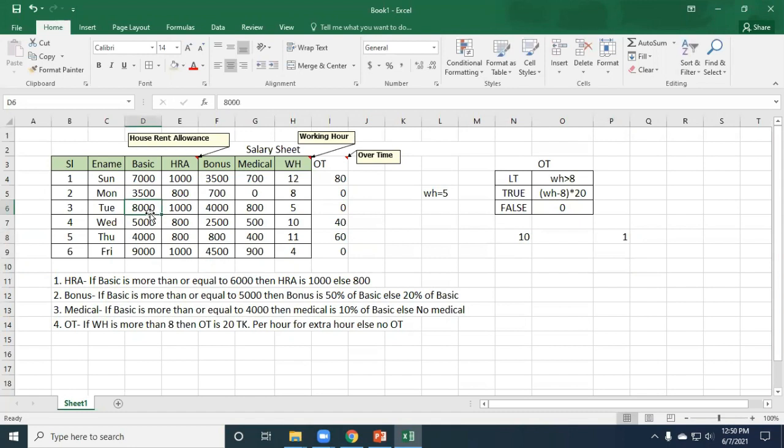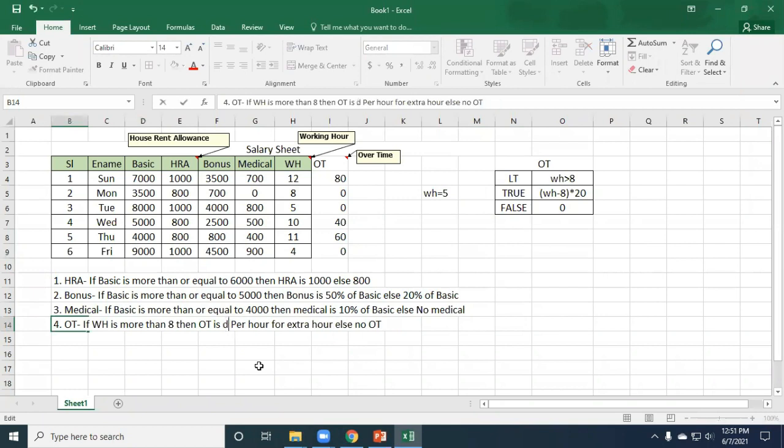See example 8,000. He is an experienced worker, because that is why he is getting 8,000. 9,000, he is an experienced worker. So we have to find out per hour from basic. So how you can find out? So condition will be, if working hour is more than 8, then OT is, instead of 20 taka per hour, you have to change here.